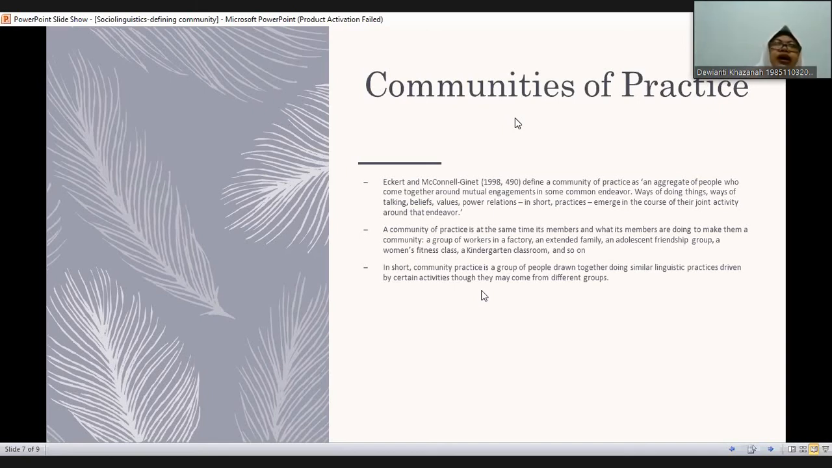Jadi satu grup orang yang terikat. Nah, terikatnya karena apa? Terikatnya karena mereka melakukan certain kinds of activities, karena aktivitas tertentu. Misalnya, dan mereka mempraktikkan similar linguistic practices. Okay? Misalnya kalau yang community of practice itu apa? Misalnya